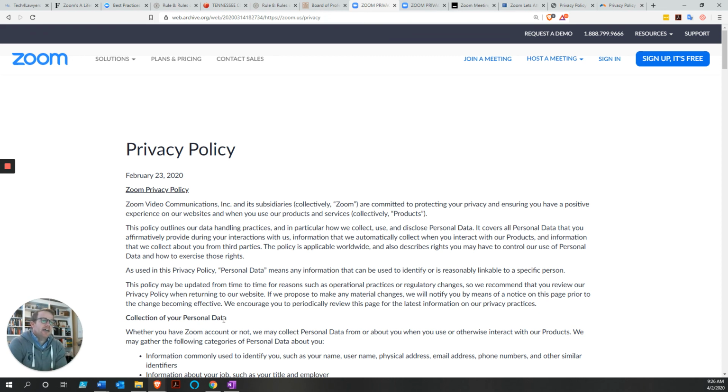Now, another aspect is going to be data that you exchange back and forth with your client. How do these providers protect that data, and how do these providers treat that data and store it? A platform may collect and store files and data that you and your client exchange over the connection. This could be photos of driver's licenses, and you see how that could be problematic if a third party got access to it.